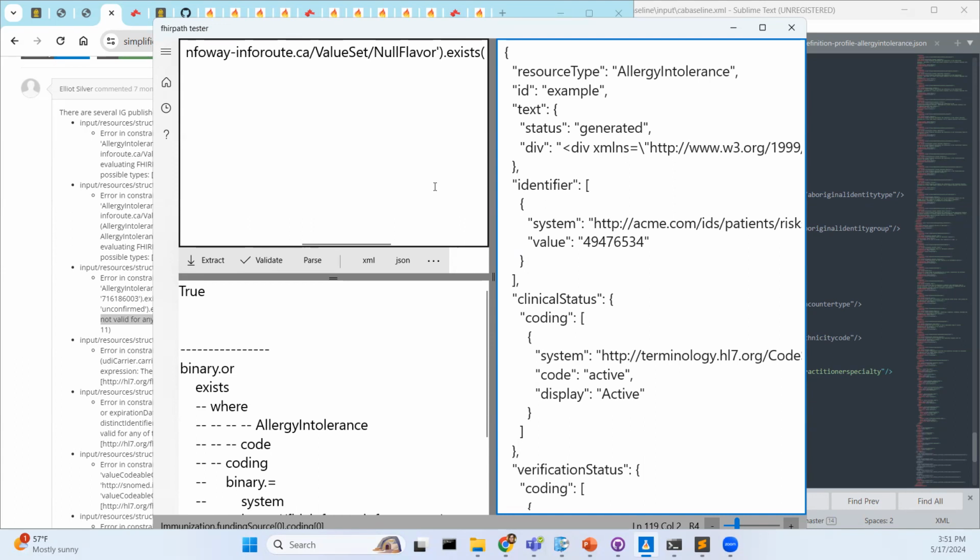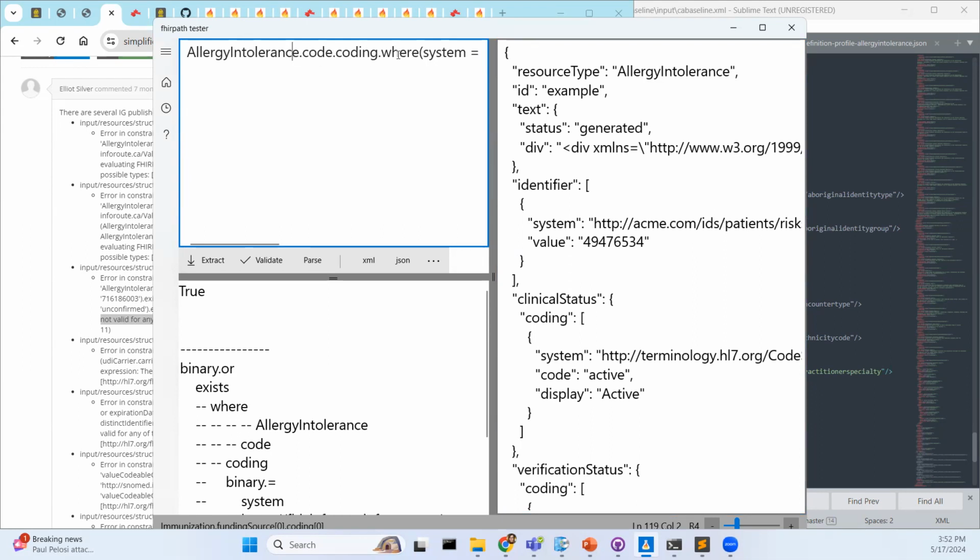Okay. This one is, I will say, while publisher is running in the background, a very, very helpful resource if you're trying to understand other people's invariants or design them yourself. The reason I bring it up is that it's really just testing the FHIRpath. It's not actually testing the application on a specific profile. If we had used this tool to ask whether this FHIRpath is right, we would have said,